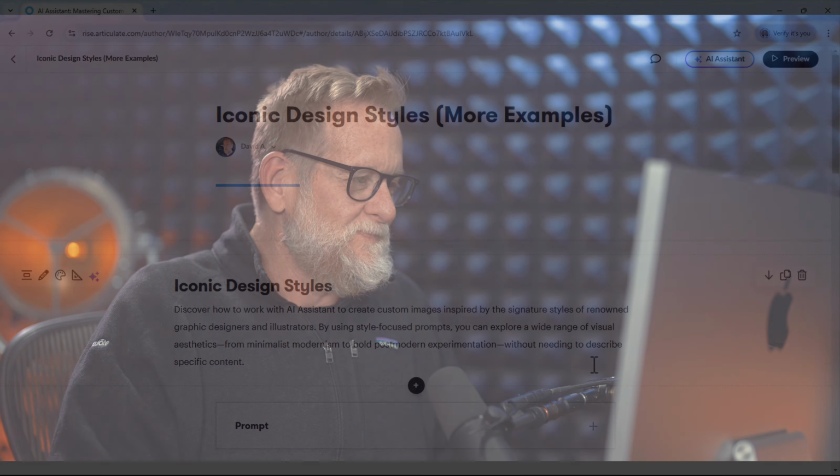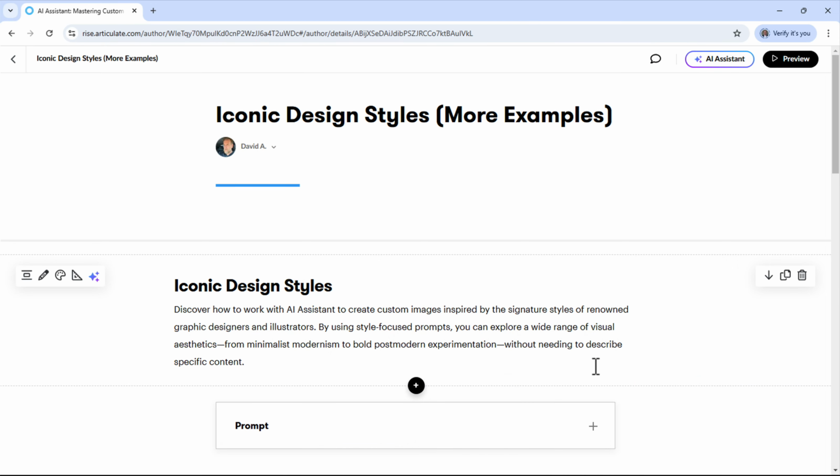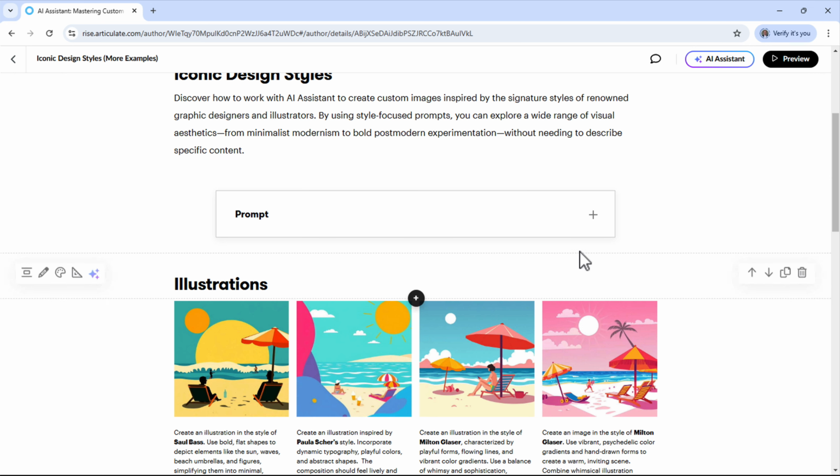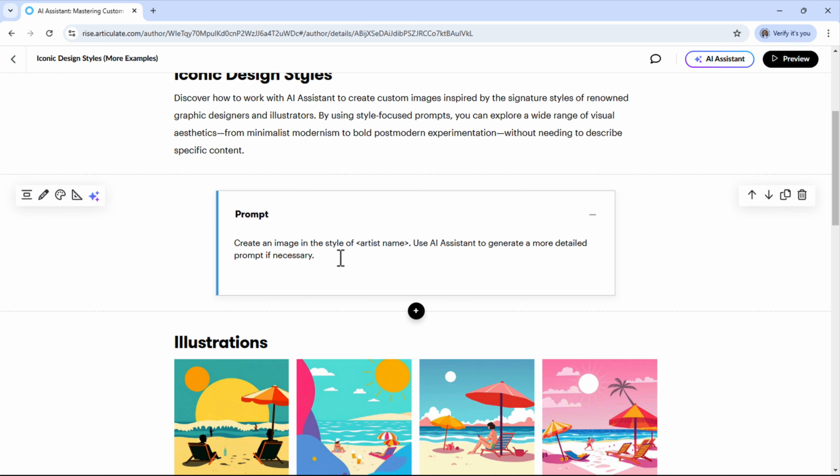So let me just show you how this works. You'll have access to all the prompts and everything, so you can deconstruct it, but it's pretty much the same process we've been doing. So here's how it works. I like this a lot because it gives you even more options, and you can play off of even familiar design styles. So the prompt needs to be modified however you want to create it, but